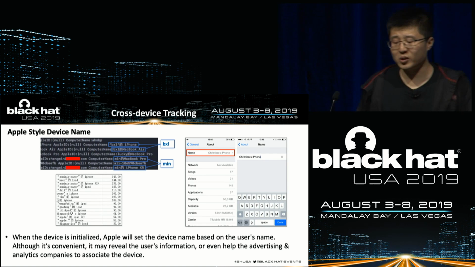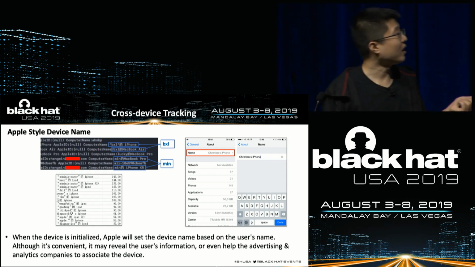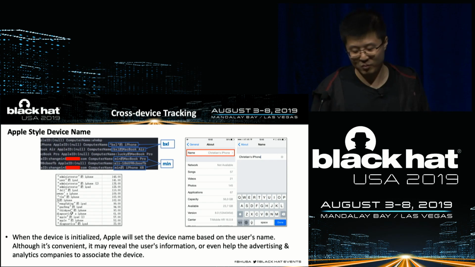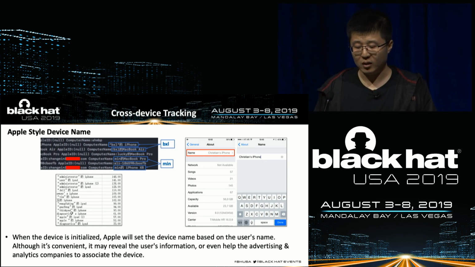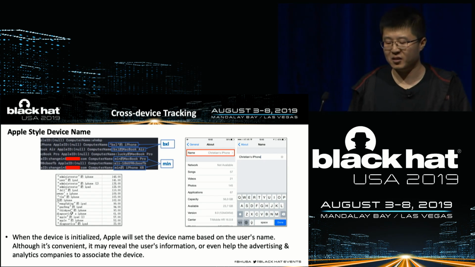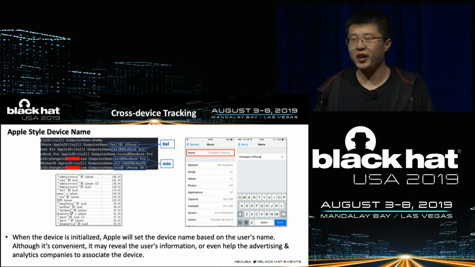It is worth noting that when an Apple device is initialized, Apple will set the device name based on the username. As you can see, it will set the name to whose iPhone and iPad. Although it's very convenient, it may reveal the user's information or even help advertisers and analytics companies to associate the device.